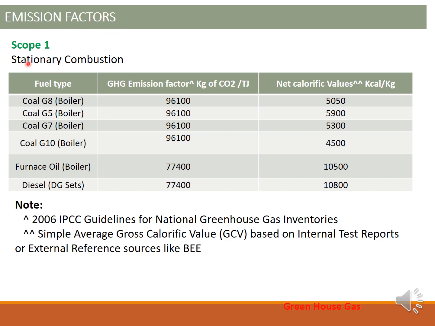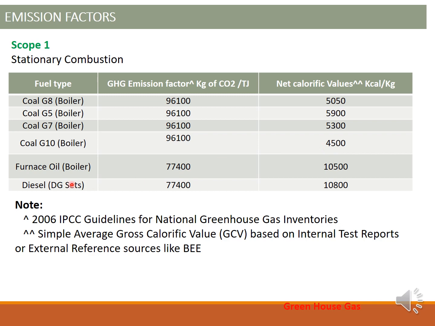Emission factors, Scope 1. How are we taking these emission factors, and what is the reference document? That we will come to know. Stationary combustion, like coals; different types of coals are there. The GHG emission factor is 96,100 kg of CO2 per terajoule. We have to take the net calorific value of the specific coal that we consider. It will be taken from a coal distributor or manufacturer, and we can test this coal in-house or through NABL accredited agencies,